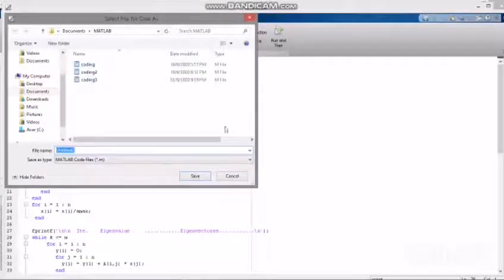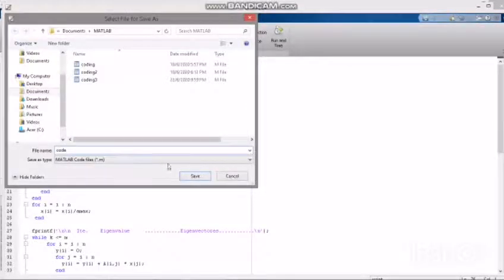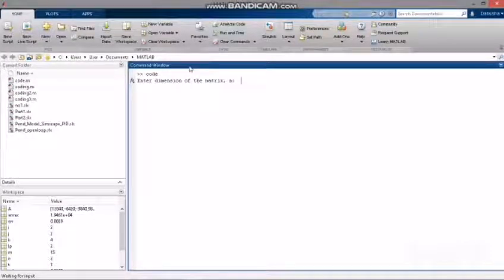Press your run button. Before that, you have to save your file. Save it. Once your code runs, you can see